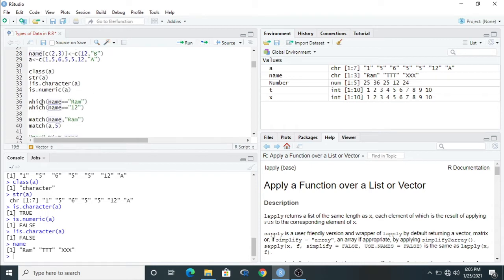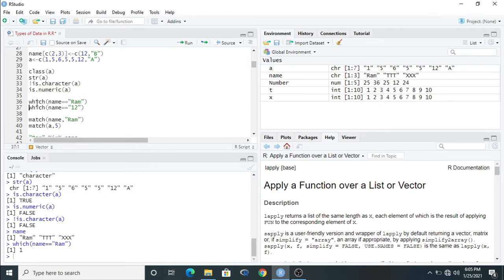We can put here which with double equal to RAM. This is the vector name, this is a logical condition, this is the value we want to find. Then run this, and it indicates the first element of the name vector, RAM.